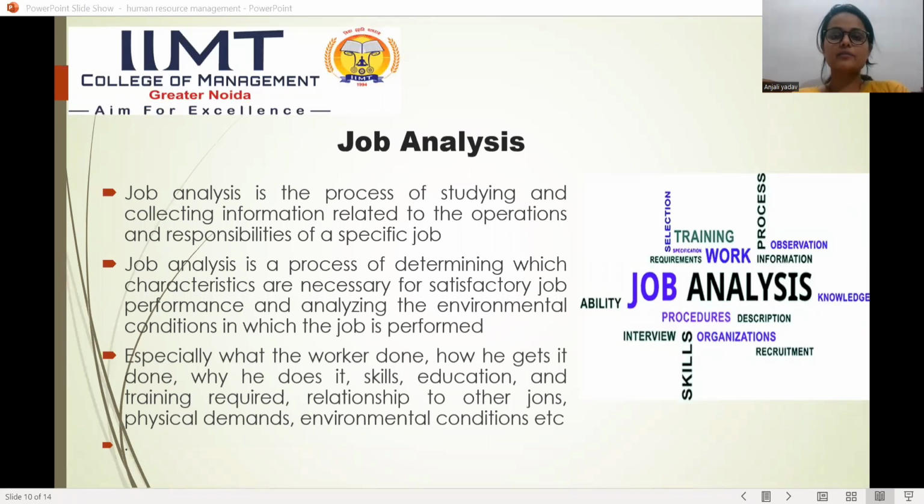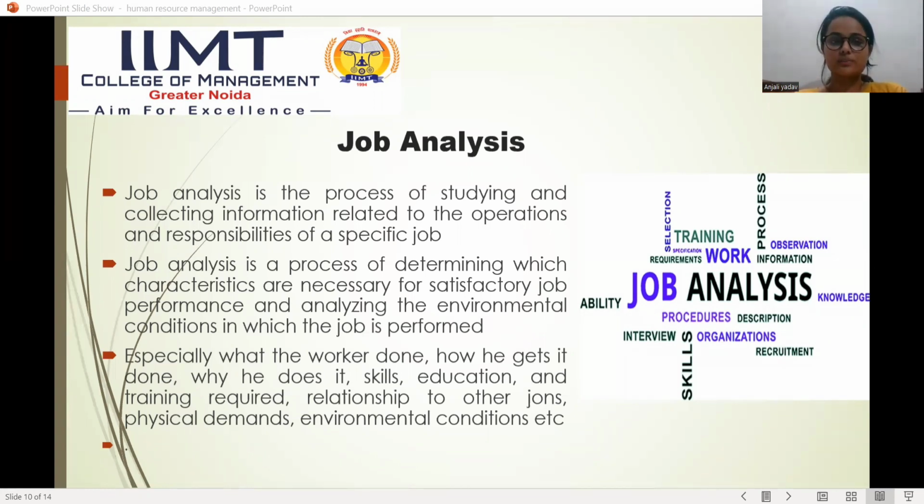Next, we have job analysis. What is job analysis? Job analysis basically is a process of determining which characteristics are necessary for satisfactory job performance and analyzing the environmental condition in which the job is performed. In other words, we can say that job analysis is an important tool which is helpful in determining the